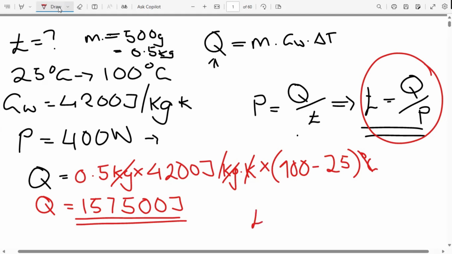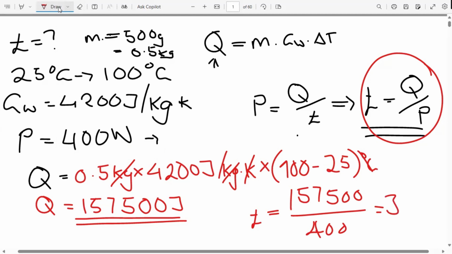So time, just write it here. Time will be equal to the Q, which is 157,500 divided by 400 watts. And this is going to give me a time which is equal to 393.75 seconds. So the time that it takes for the water to heat up from 25 degrees Celsius to 100